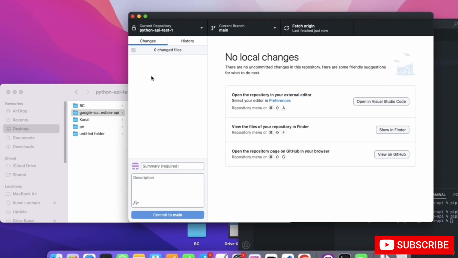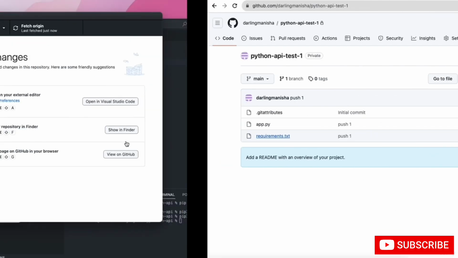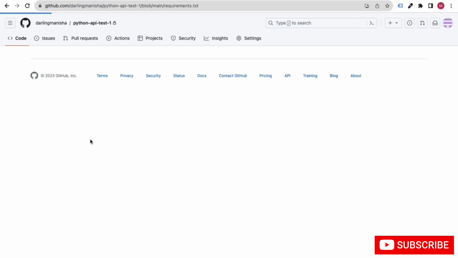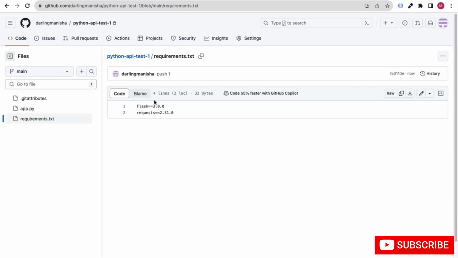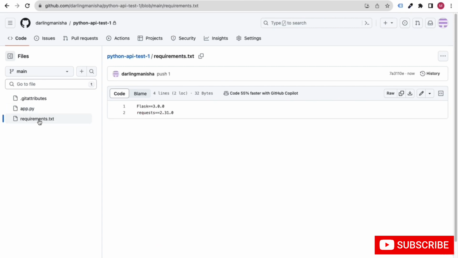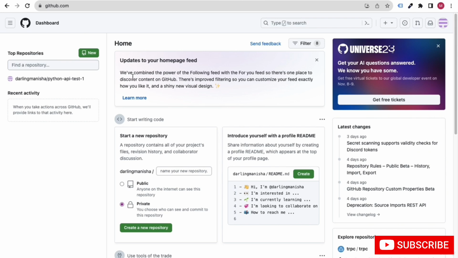And make sure that you may even get more files, but only select the app.py and requirements.txt file. And if you open this, here you will find those files like flask and app.py, the file which we have created. That's it. Great, right? So everything is working absolutely fine, and we have just uploaded our files, which we created using Python and artificial intelligence, to GitHub.